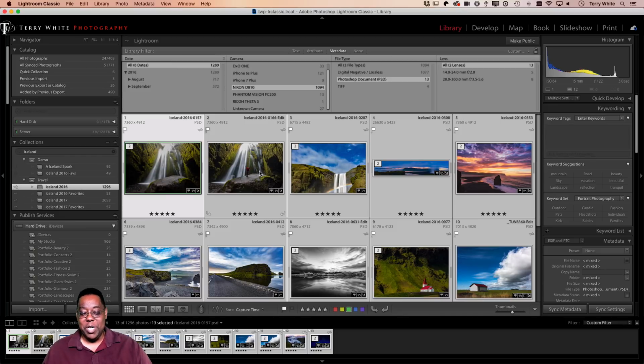If you notice, when I have them all selected, there's one photo that has a brighter background. This one's whiter than the rest. The rest are kind of gray. And the joke is that you have all of them selected, how many do I have? 13 selected. And that is the most selected photo. So if you were to go into the develop module right now, that's the one that would be shown. If I were to click on another photo, they're still all selected, but now this is the most selected photo.